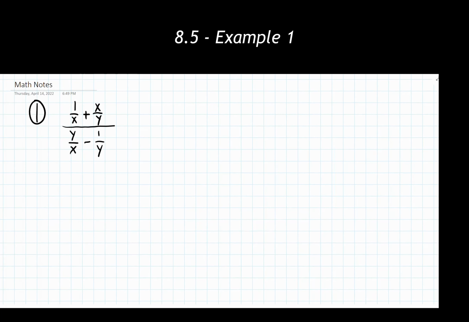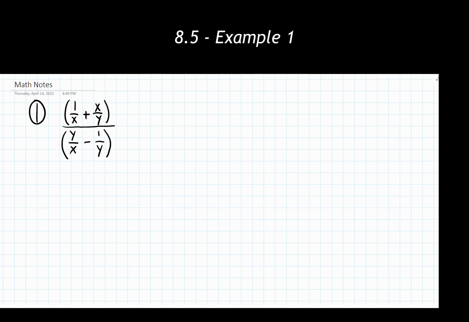So here we have our first example of simplifying and working with complex rational expressions. My recommendation to you at the very beginning of these problems, when you are writing them down for yourself, is put parentheses around the numerator and parentheses around the denominator of the overall fraction. The reason I recommend this is I think it makes it clearer to see this thing is my numerator, this thing is my denominator. It isn't always obvious, as we'll see with some other examples, where one numerator starts and where one denominator ends, and I think this little bit of organization goes a very long way here.